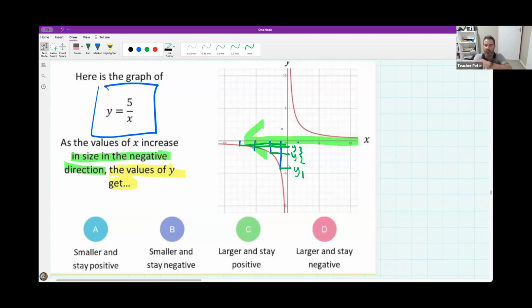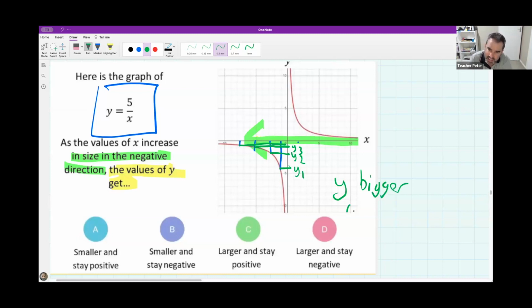Are they negative or positive, and are they getting bigger or are they getting smaller? So for me, the y values are getting bigger,